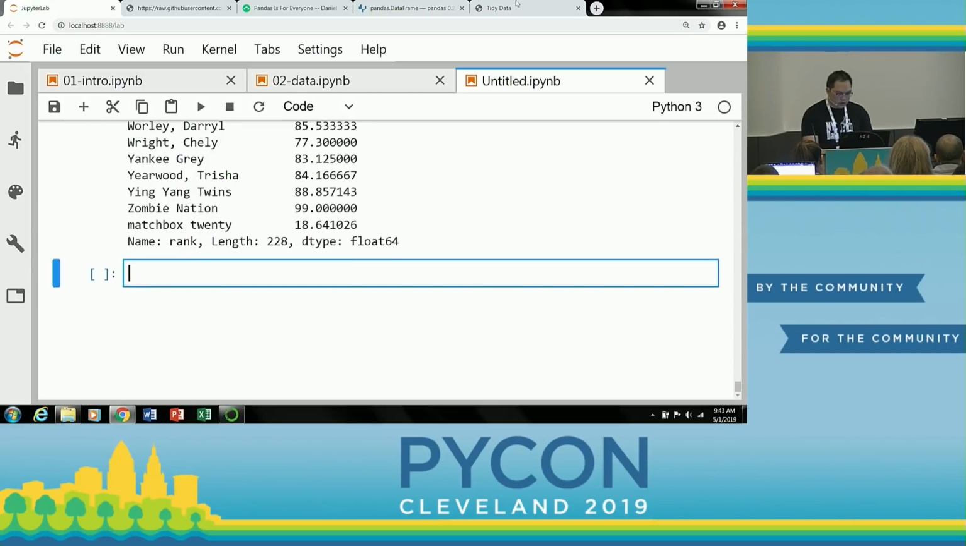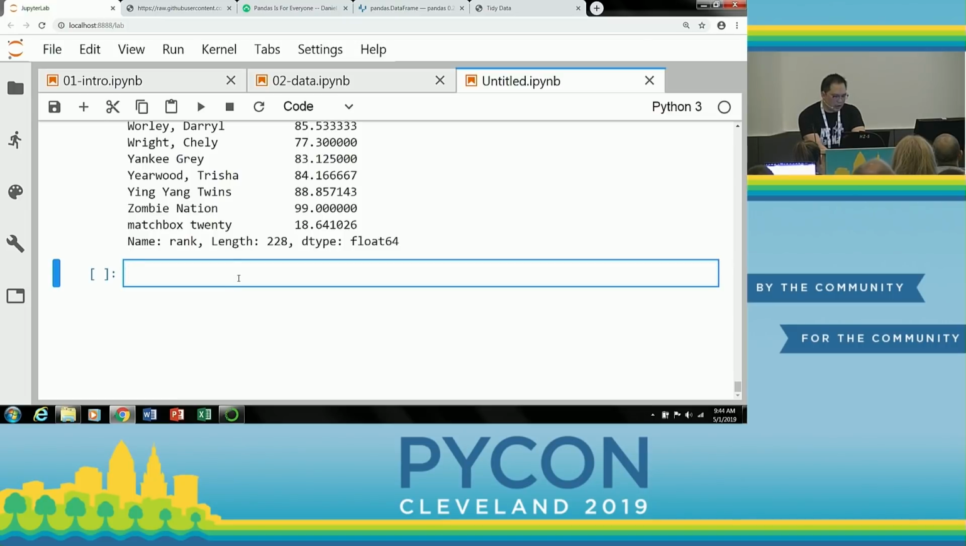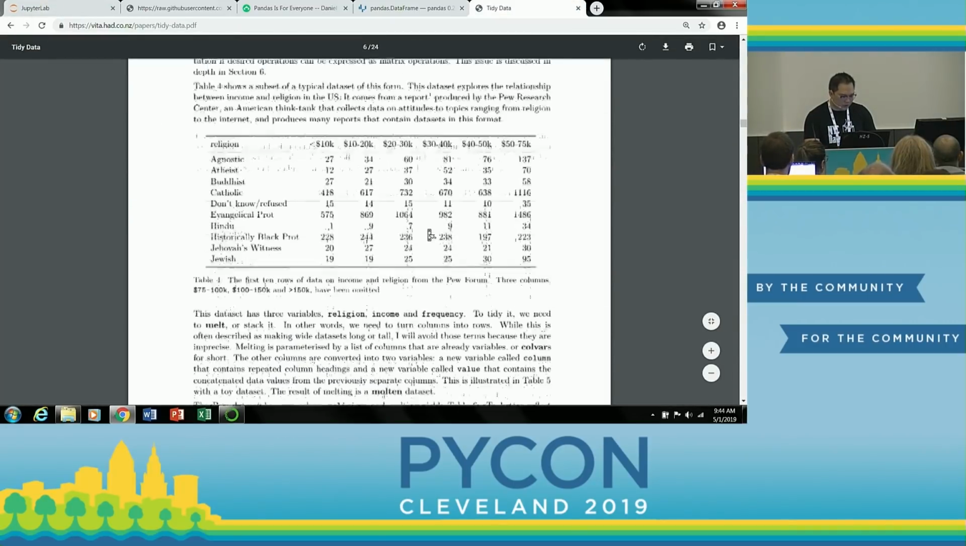All right. So the next part in this paper, we talk about multiple variables stored in one column. My master's is in public health and epidemiology, and we get a lot of datasets from the CDC, or when I used to work with CDC data. A lot of their datasets come from, actually, I'll show you in this paper. We're not going to be using this example, but